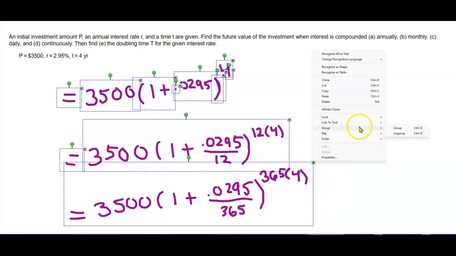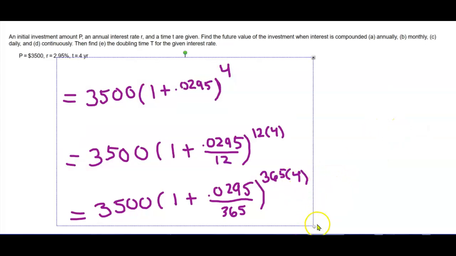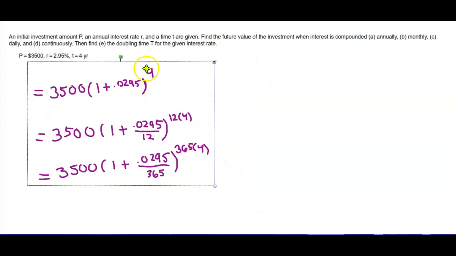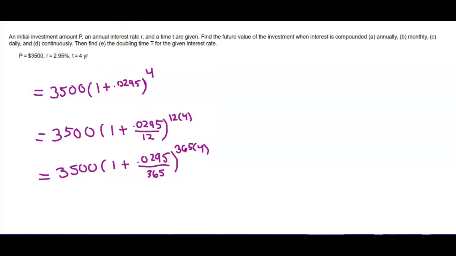So that is, in order, the annually, so once a year, the monthly, 12 times a year, and then the daily, 365 times a year. And the more and more times we do this, so 1 became 12, became 365, if we did it every minute, let's say every second, for example, the more often we do it,